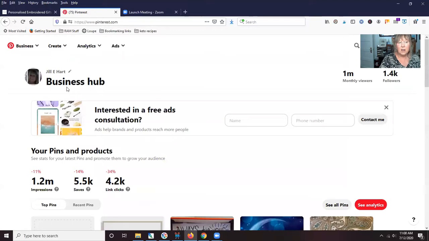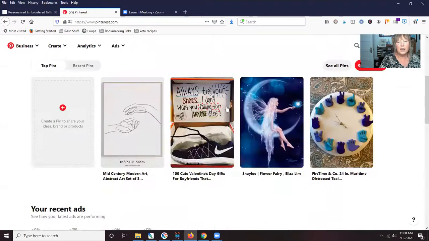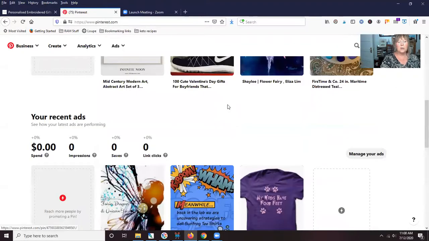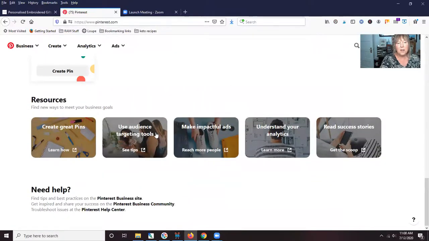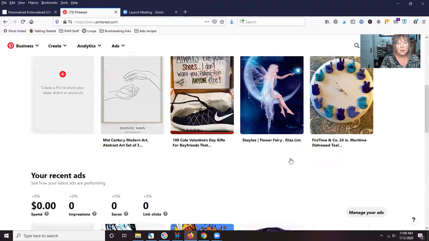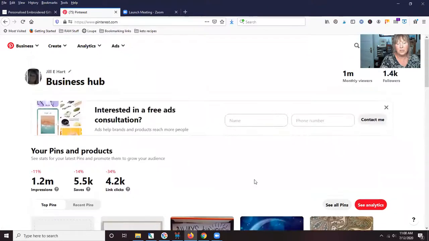And so I'm going to go over to a Pinterest board of mine that is very eclectic. I pin from all over. So I think I might have a board that I could pin your pin to, so you can get an idea of how you can incorporate a pin into a board